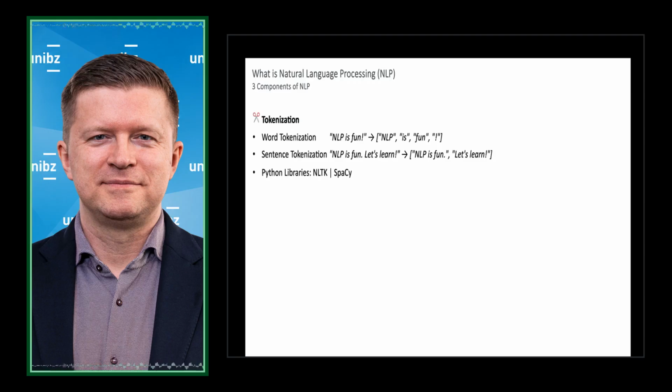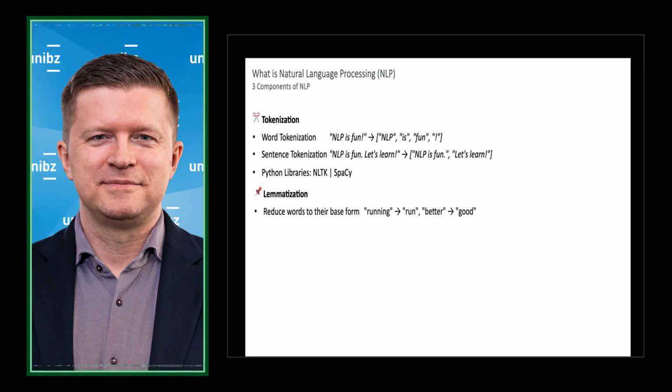The second component we want to take a look at is called lemmatization, which basically reduces words to their base or root form. That's what lemma stands for. This ensures that the resulting word has meaning, and it also helps in normalizing text by grouping together inflected forms of the same word. An example would be "running".